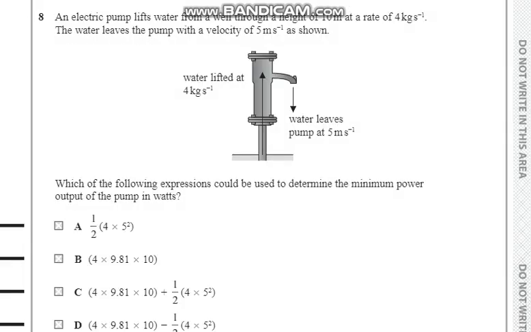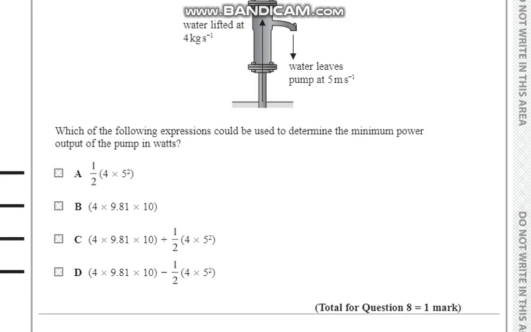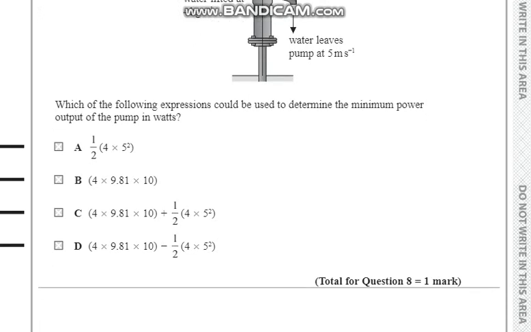The eighth question says that an electric pump lifts water from a well through a height of 10 meters at a rate of 4 kg per second. The water leaves the pump with a velocity of 5 meters per second as shown. Okay, water is lifted up and then leaves the pump at 5 meters per second. The question is, which of the following expressions could be used to determine the minimum power output of the pump